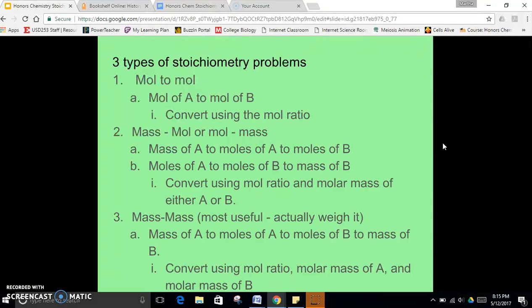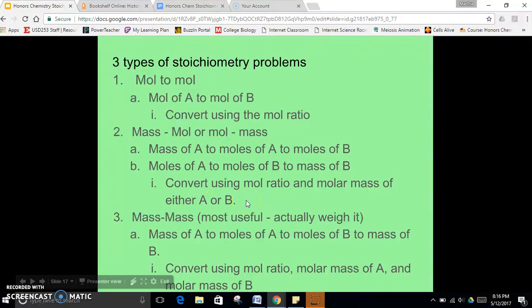If I'm doing a mass to mole problem, I have to first take the mass of A and convert it to moles of A. Then I can do the moles of A to moles of B, just like up here in a mole to mole problem. If it ends up being a mole to mass problem, I start with moles of A, and then I can use the mole ratio to go to moles of B, but in this particular problem, it wants mass of B. So both of these I convert using the mole ratio, and then the molar mass of either A or B,